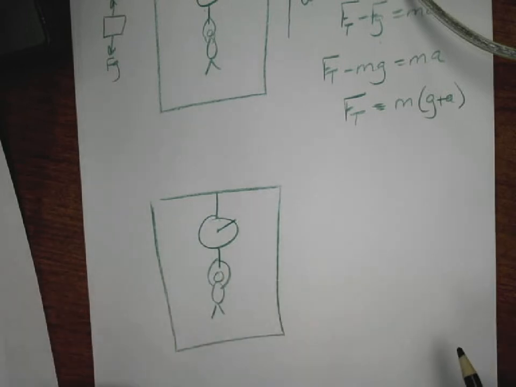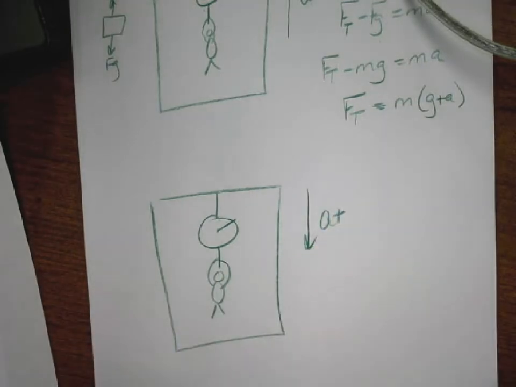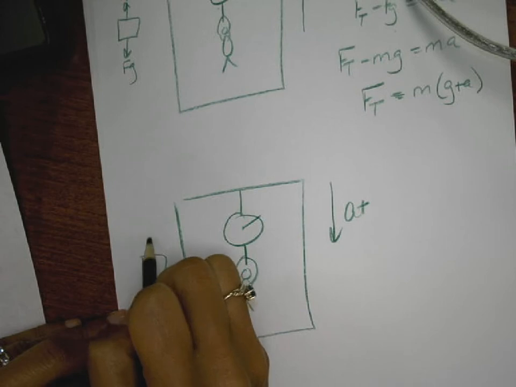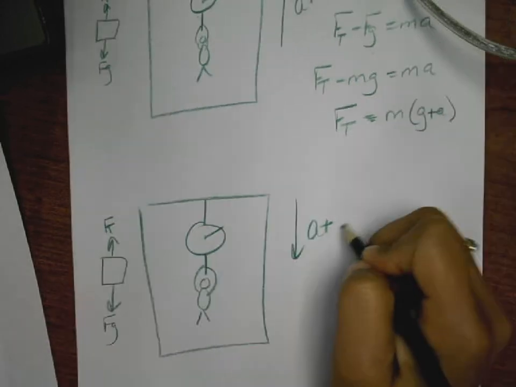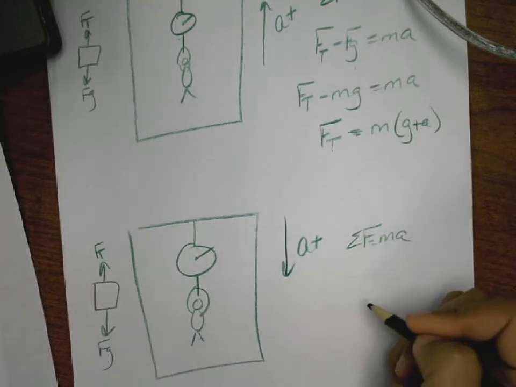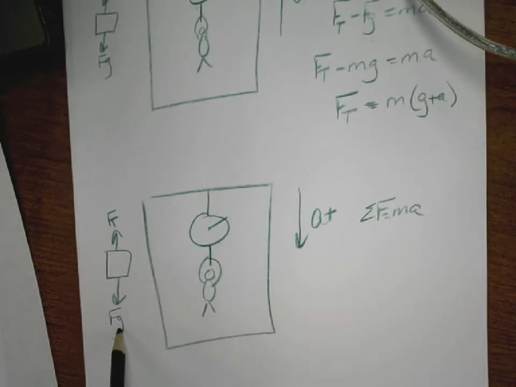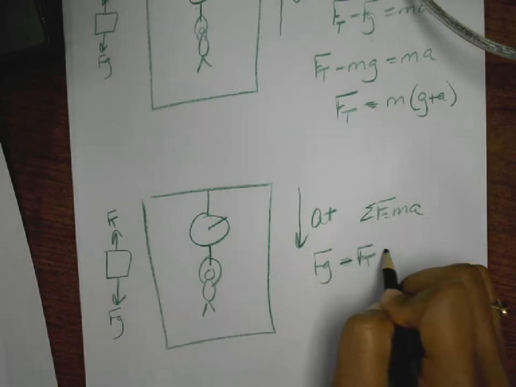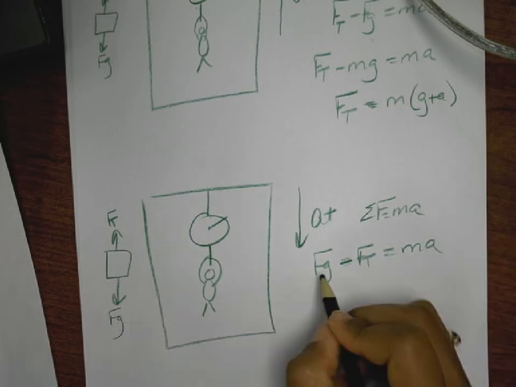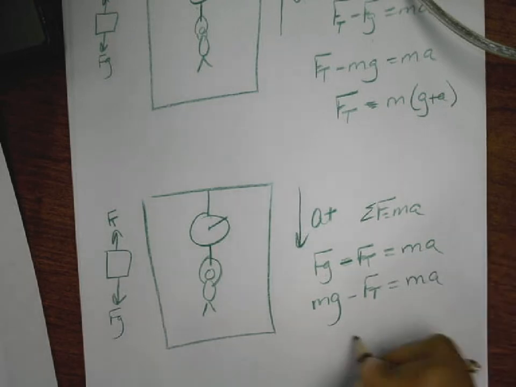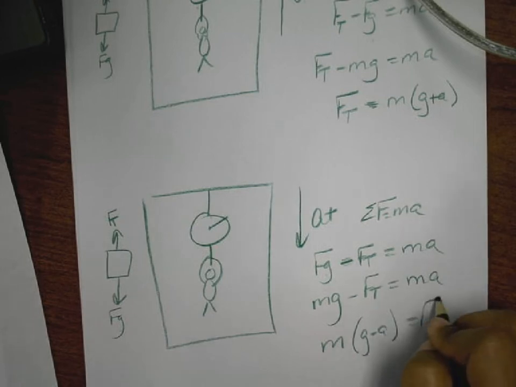And there you are hanging onto the string. We're going to accelerate down. I'll say down is positive. Same free body diagram. Same basic force statement, because I am accelerating. Now it looks like F_g is positive because down is positive. So F_g minus F_t is equal to ma. I'll break this down in some more detail. mg minus F_t is equal to ma. With a little bit of algebra, I'll say m times (g minus a) is equal to F_t, and